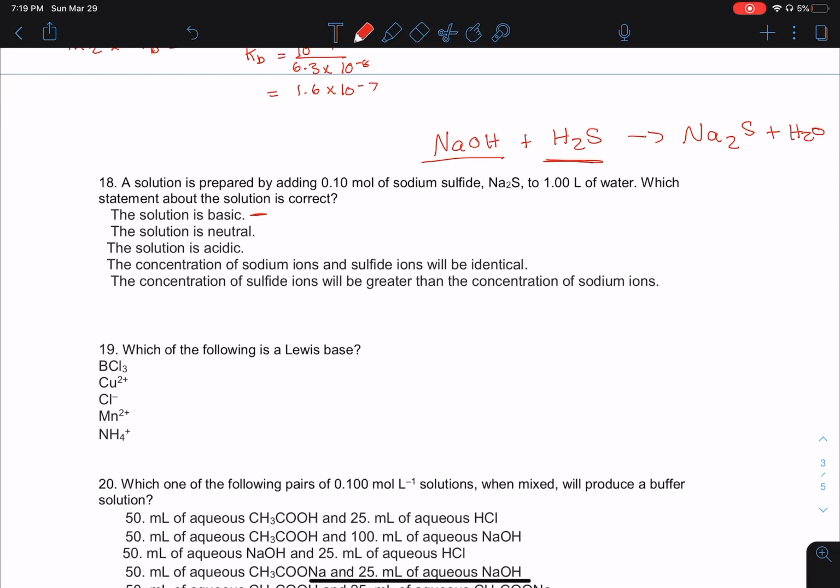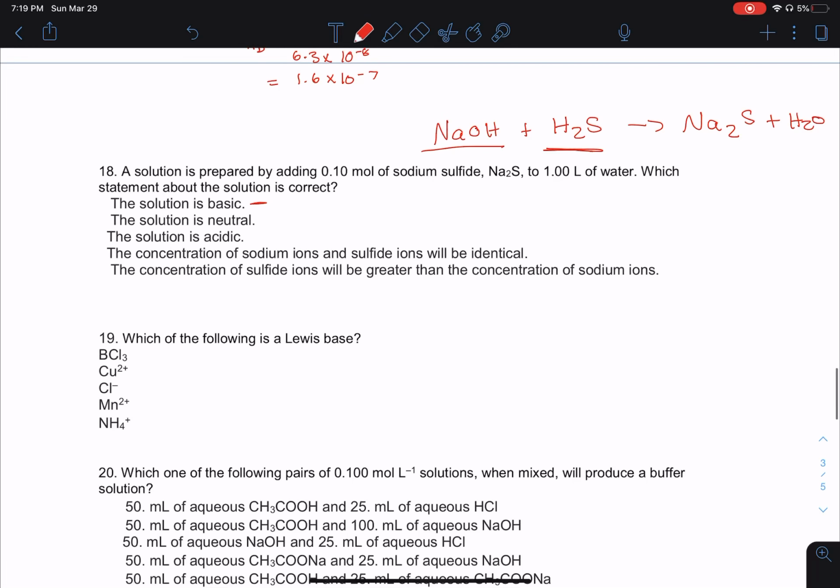And this will be a base. So that's another topic about bases, salts that are formed from strong bases and strong acids, and it wouldn't be neutral because